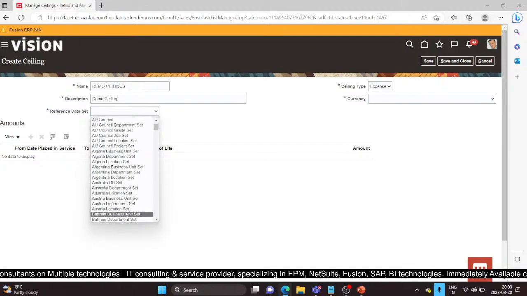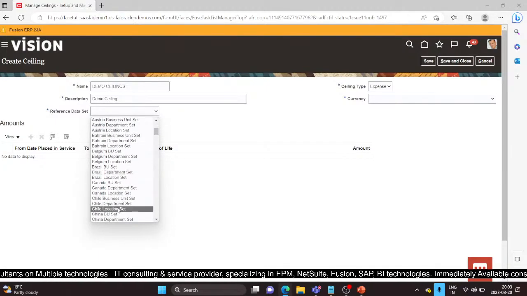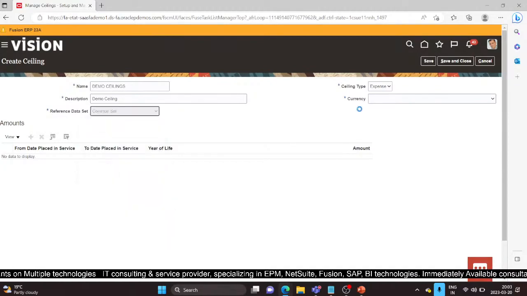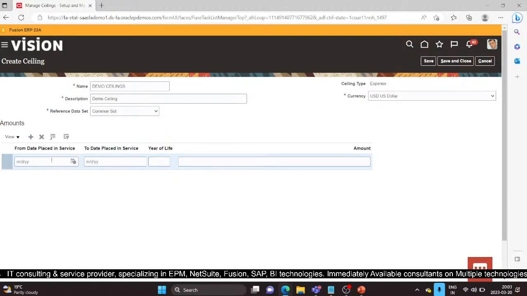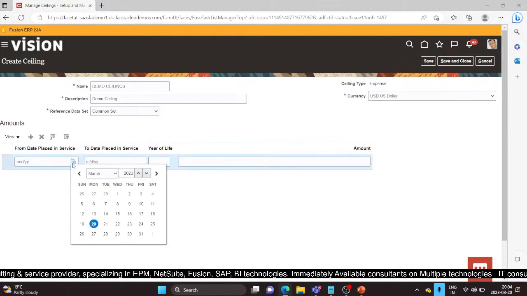Reference data set we need to assign. Now here is the check. We need to have ceiling type as expense or cost. Then we need to select which type of ceiling we are creating. So expense, and then in which currency. So USD dollar. Now from when to when, like my asset is placed in service from which year to which year, and then we have to apply the ceiling. So the date I am selecting as